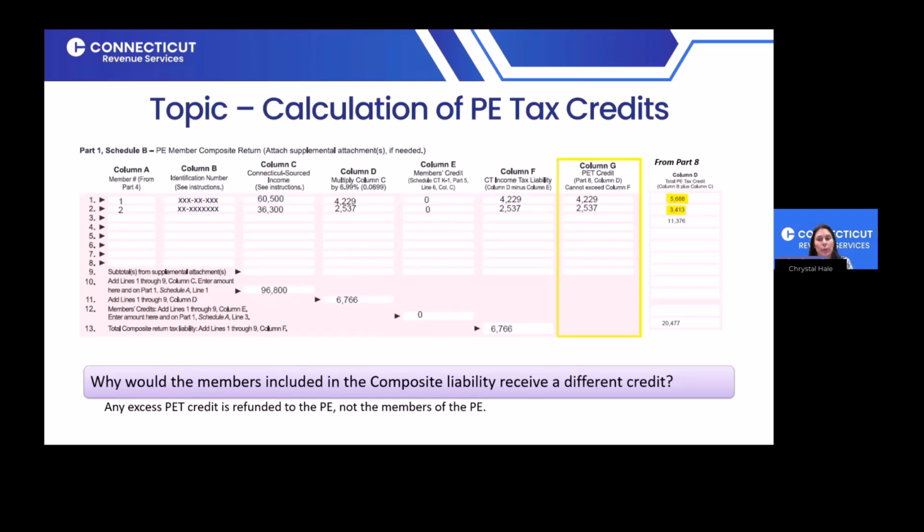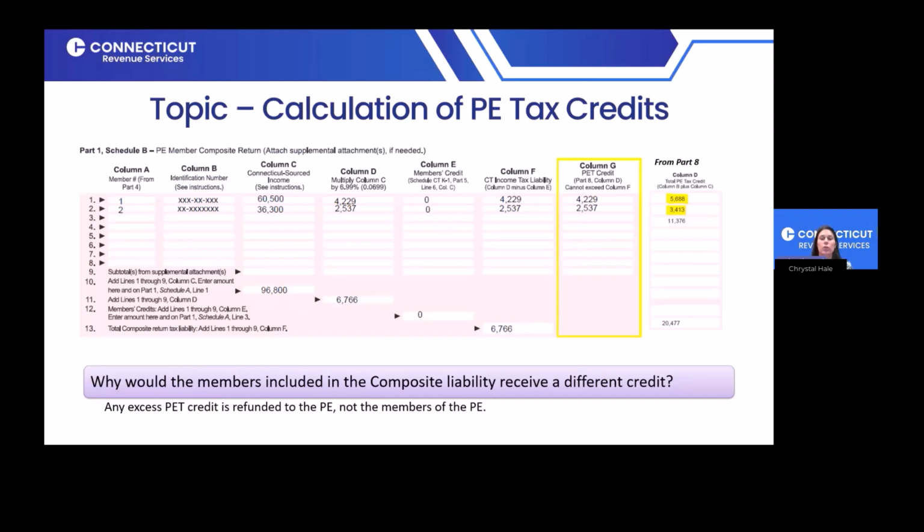So in this example, column G is going to be equal to that because as you can see, I have a snippet from Part 8. The PE tax credit that was allocated on Part 8 for that member is $5,688. But it can only be limited up to their liability. So what is going to be distributed to that non-resident individual is a PE tax credit of